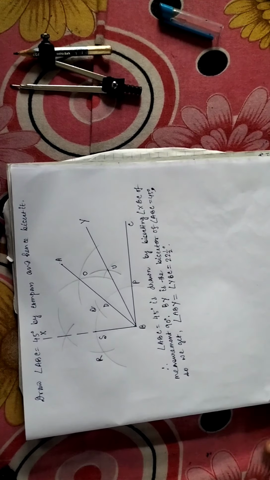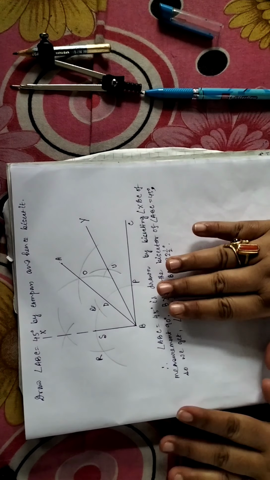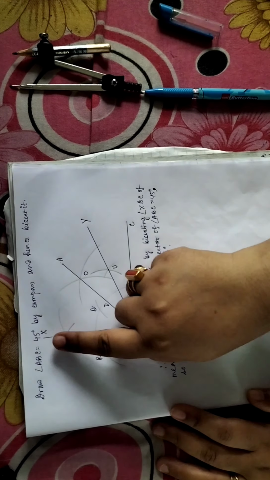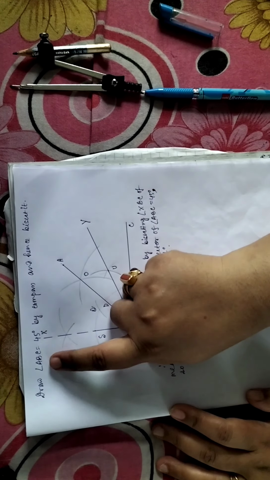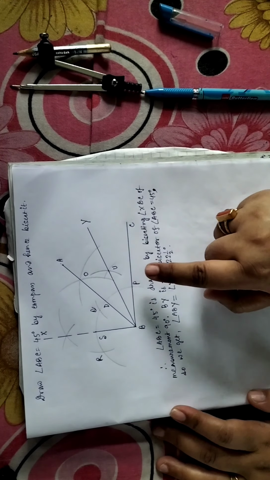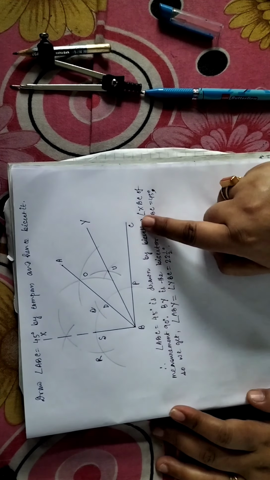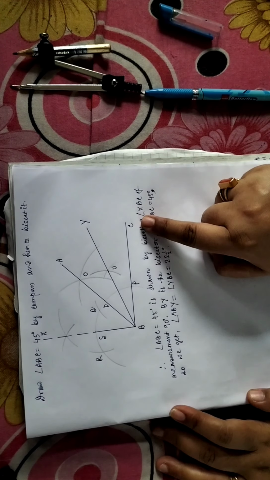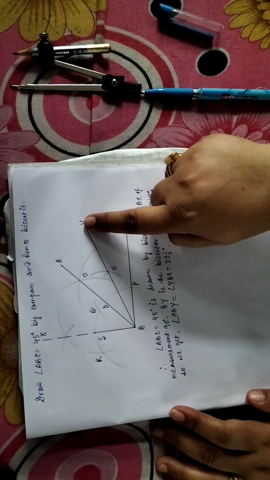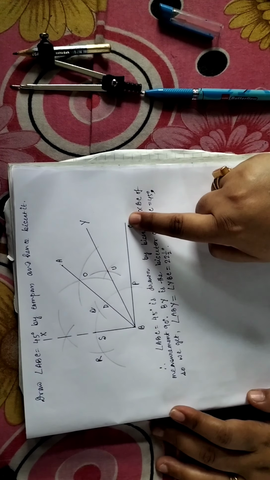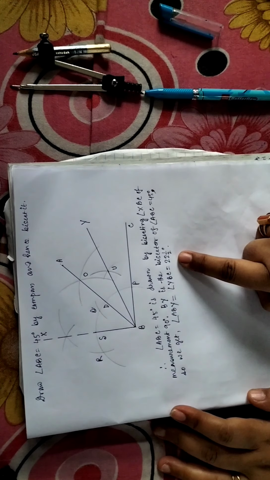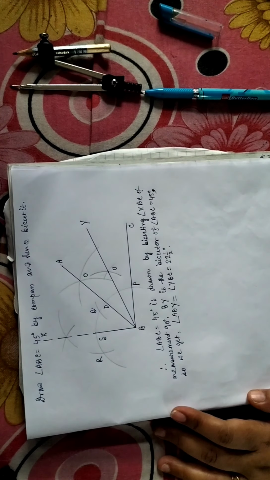So here you can see, just by applying the concept of drawing the bisector of an angle, we have drawn angle 45 degree, ABC 45 degree by using compass, and then again by using the same concept we have bisected angle ABC of measurement 45 degree, and thus we have got these two equal parts, angle ABY and angle YBC, which were of measurements 22.5 degree, and hence the construction is done.